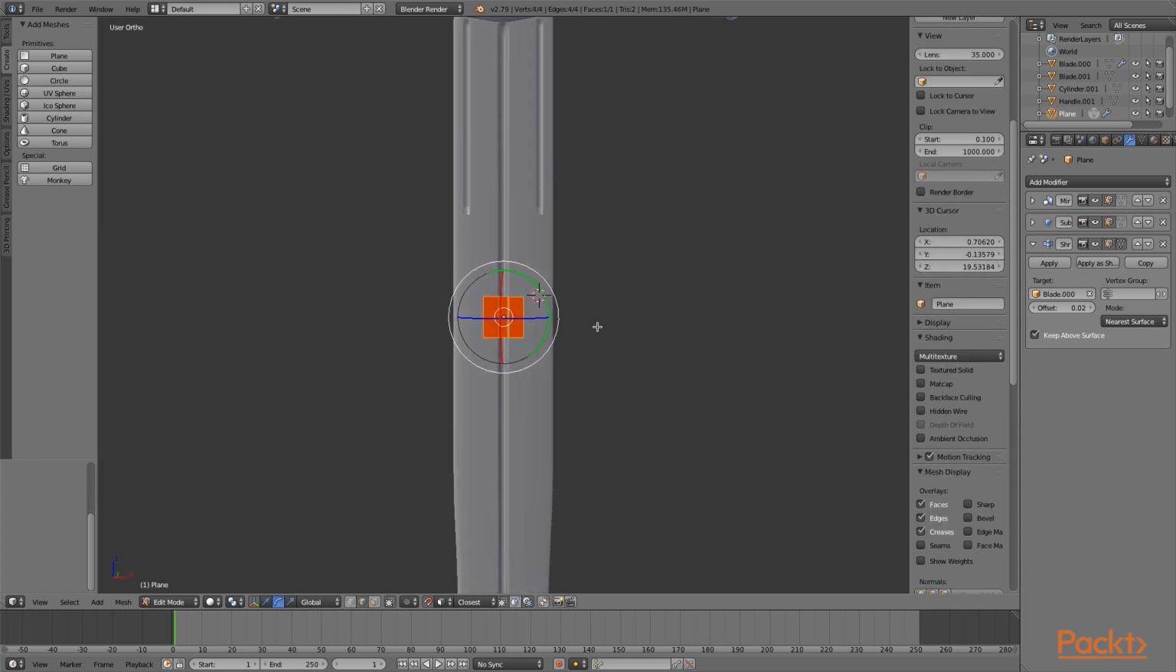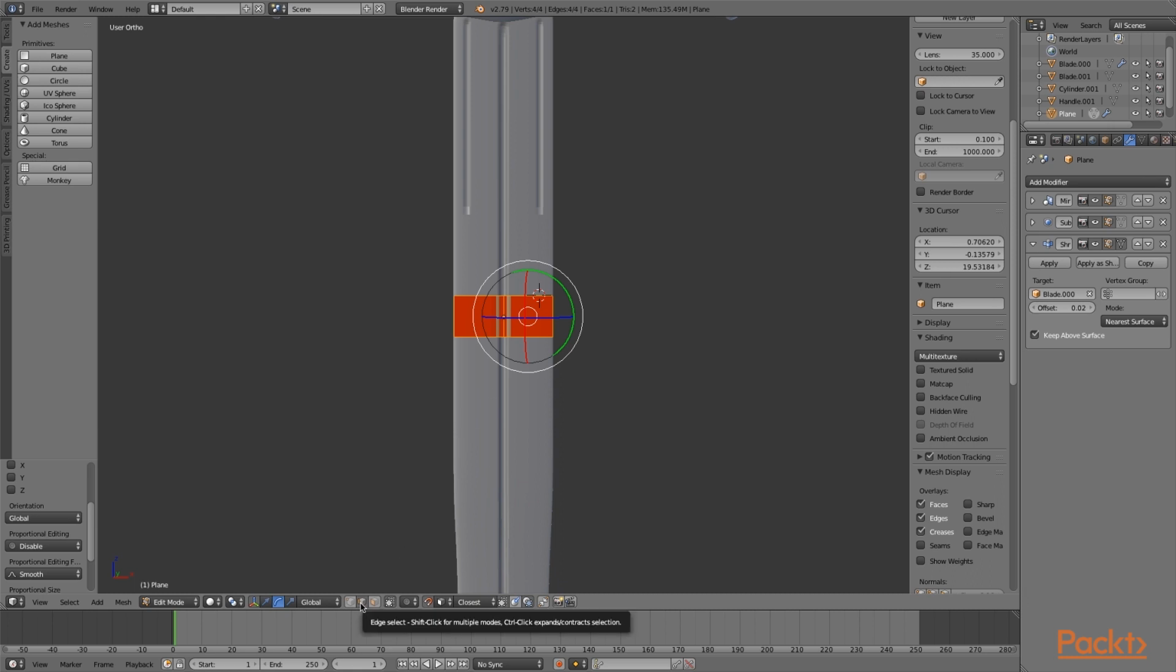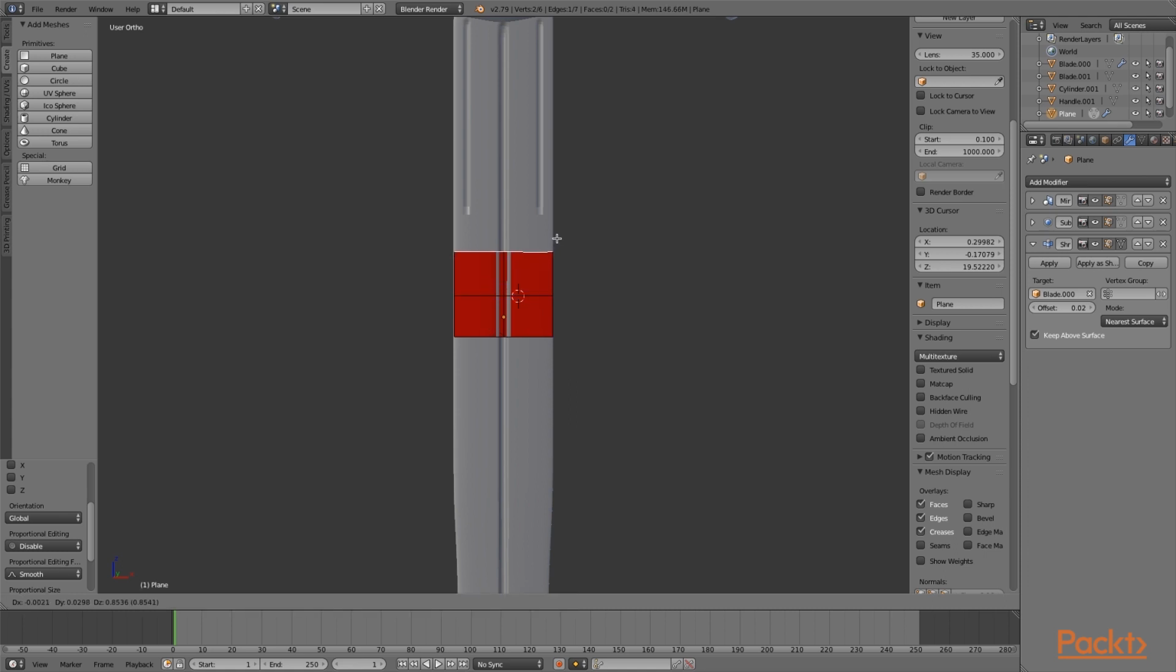So now that we are ready to go, we can go about creating our mesh on top. So we would go ahead and grab this with G, move it out to the edge of the sword, and it's going to be snapping it to the surface. Then we can make sure we're on edge select, and we'll select the top edge, press E for extrude, move up, make sure we're kind of on the edge there